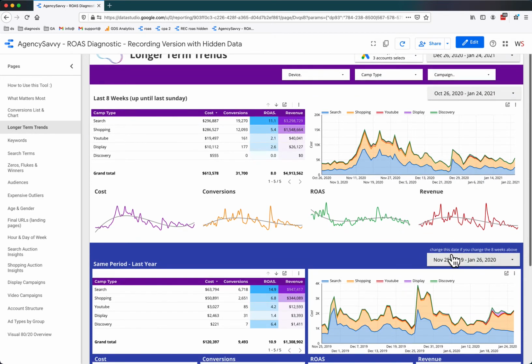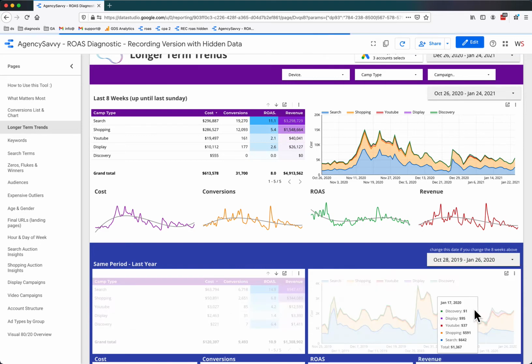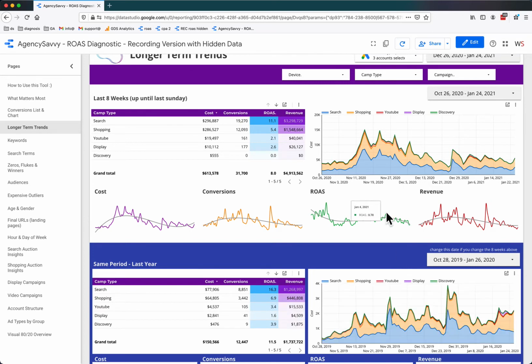Now, we only change this date down here if we've changed the default 8 weeks above, which we did. So we're going to go do the same thing here. So here you can see in order to go back a year, I've gone back 53 weeks. We added an extra 4 weeks on up here. So I'm going to go from 61 to 65 weeks back, and then an end date of 53 weeks back, and apply that. So here we've got the last 12 weeks compared to roughly pretty much the same period last